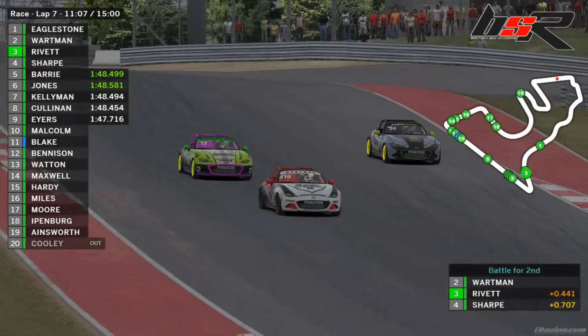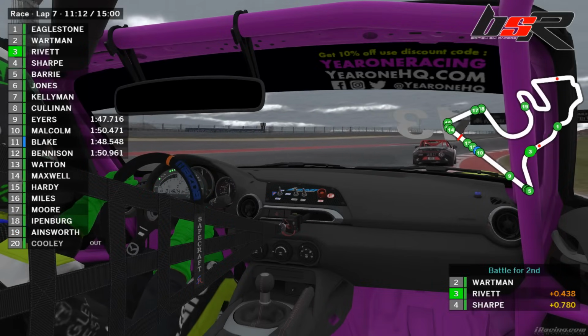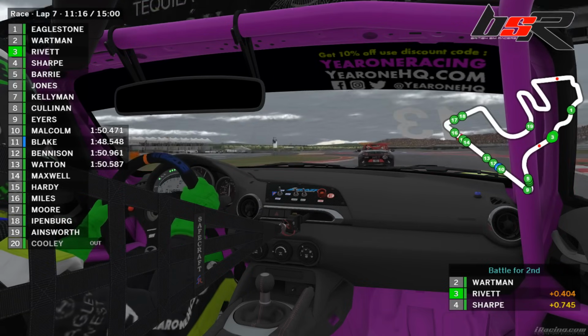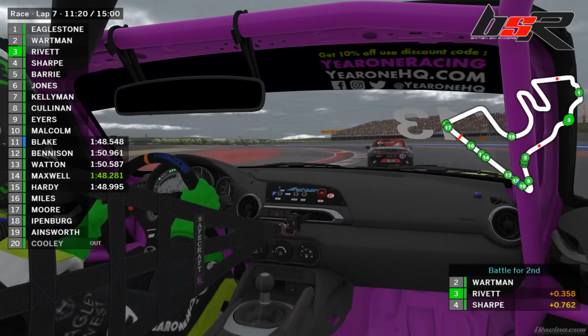We are in lap 11. Laps are around 2 minutes, so there's not much time left. As now we are on board with Rivette, he's basically the meat in this sandwich. You see how you have to, absolutely,